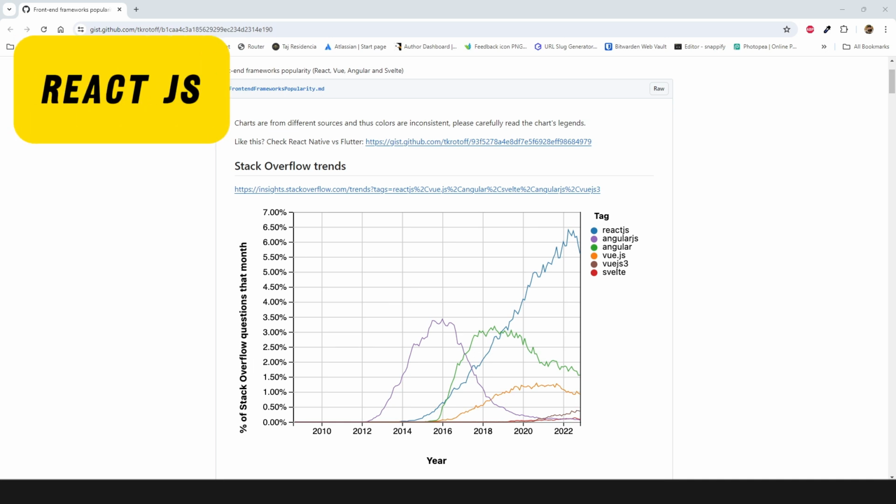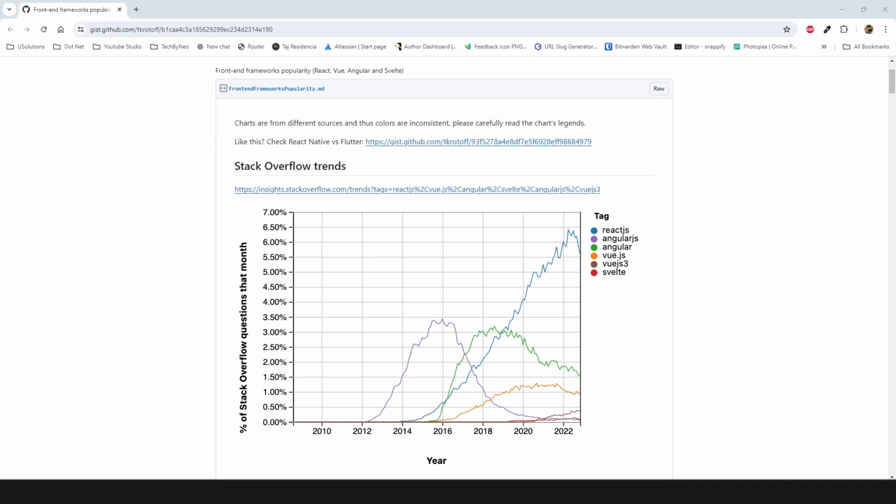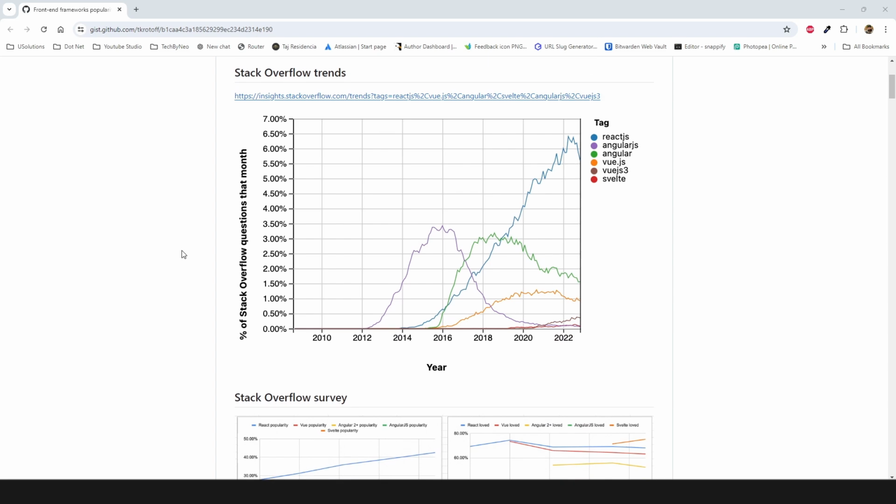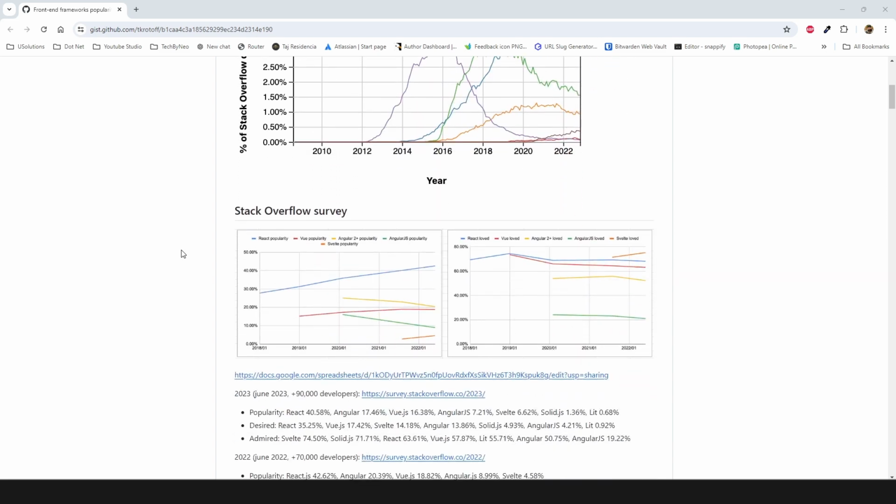Today we are going to start a brand new series on ReactJs. This is the popularity graph around ReactJs, not basically around ReactJs, all the famous front-end frameworks are there, and we can clearly see the popularity of ReactJs is way more than the other frameworks, and it keeps growing with time. Although there is a minor dip here in 2023, the popularity is double as compared to the other frameworks, and we can see a few other graphs as well.